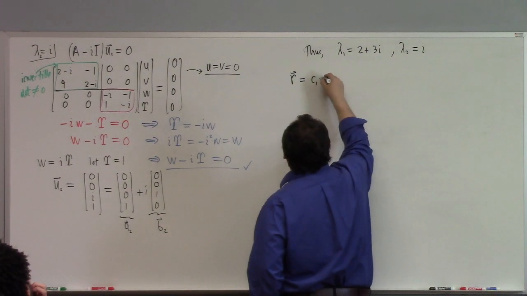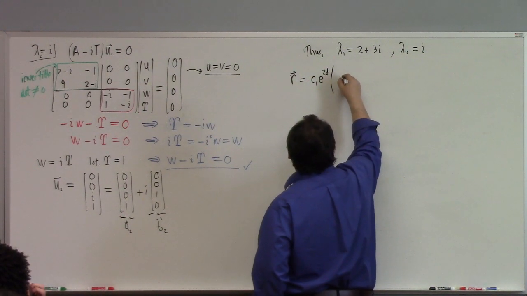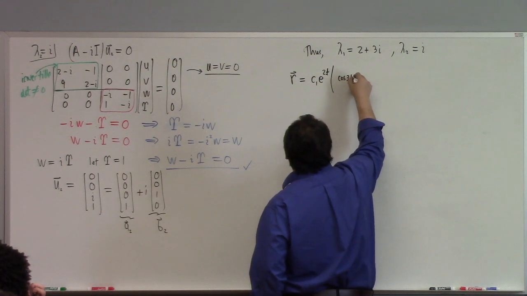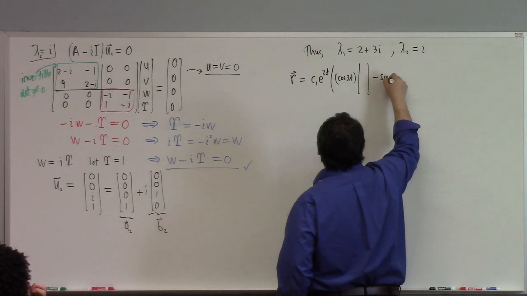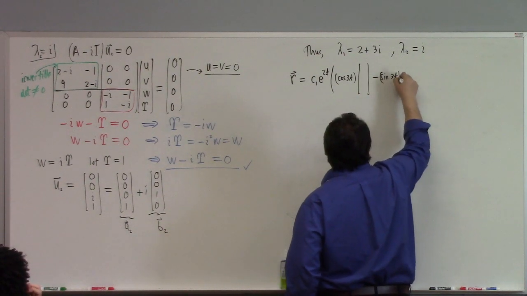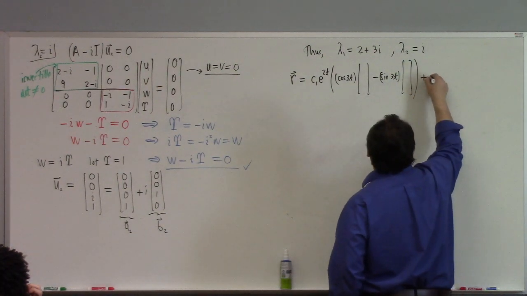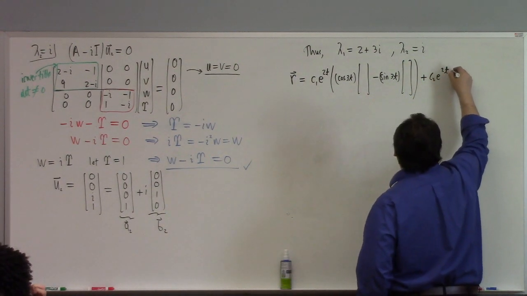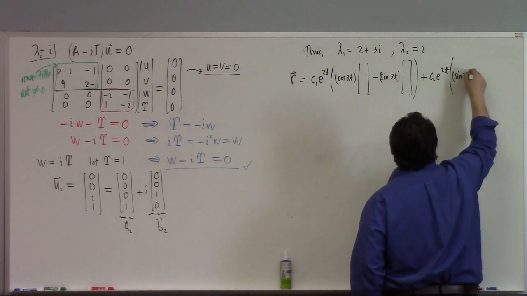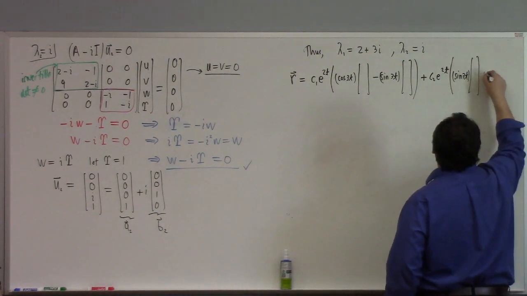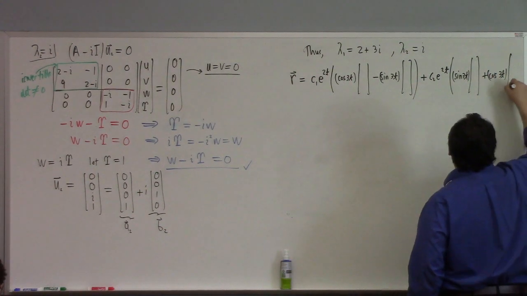So I've got c1 e to the 2t, parentheses, cosine 3t, all right, times my a1 vector, minus sine 3t times my b1 vector, all right, plus c2 e to the 2t, big parentheses here, sine 3t times my a vector, plus cosine 3t times my b vector, close big parentheses,